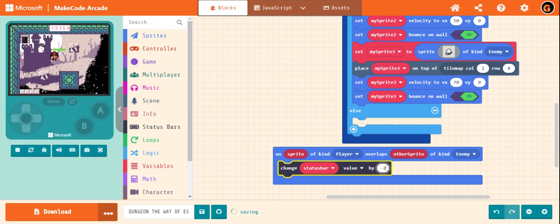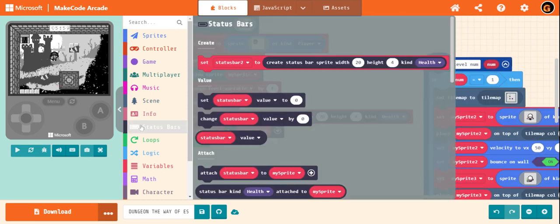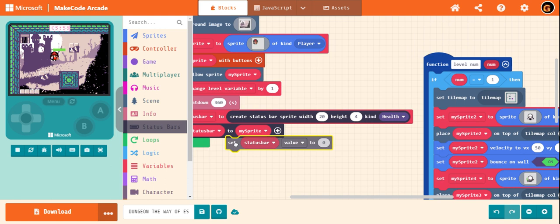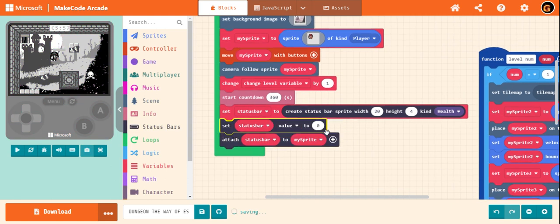No, perhaps -2. Let's set the value of the status bar as 20. Let's try it out.